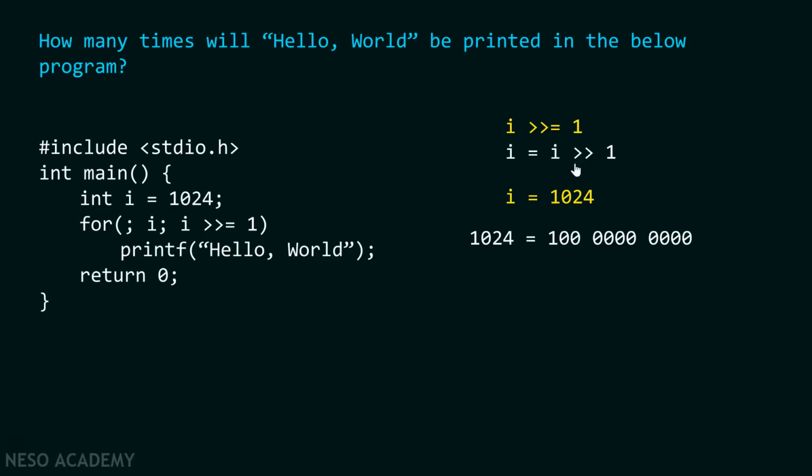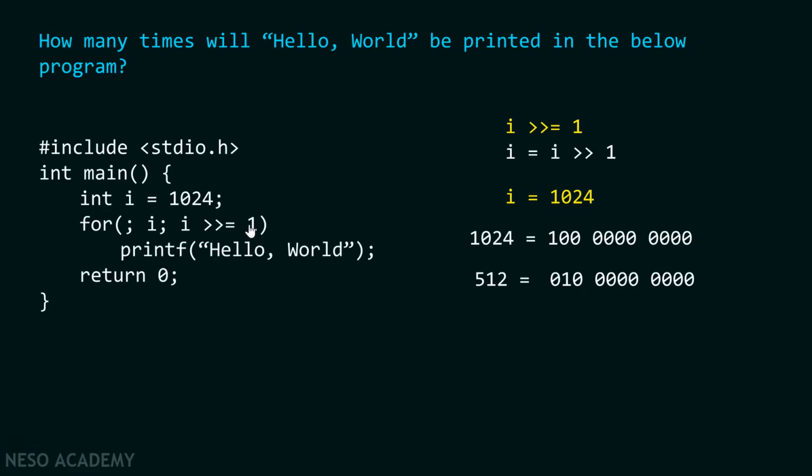Now what does this right shift operator do? It will shift all the bits towards right. When it shifts all the bits towards right, this bit will get truncated and this position will get vacant. So the output becomes 01000000000. As this position is vacant, this will automatically get filled with 0. We already know this. The equivalent decimal representation of this binary representation is 512. So the output produced by I >>= 1 is 512.